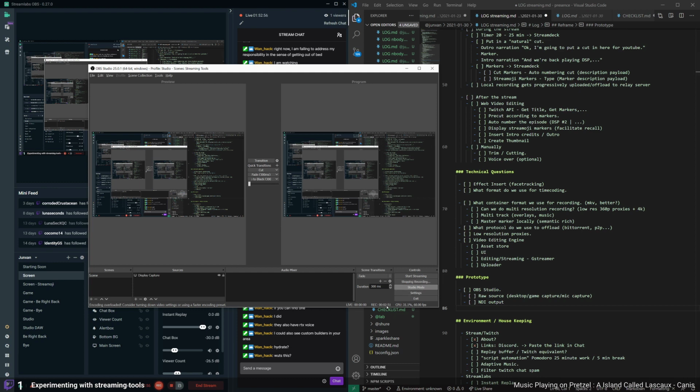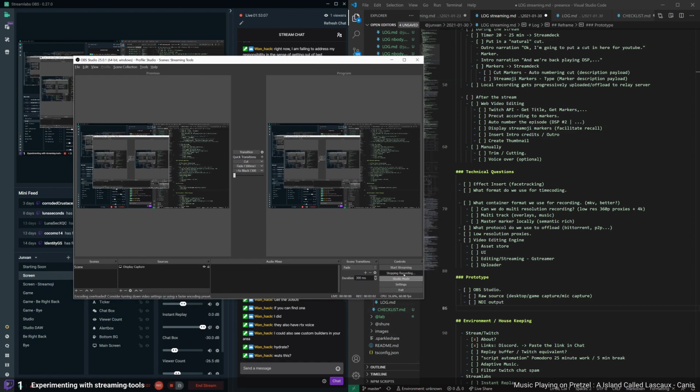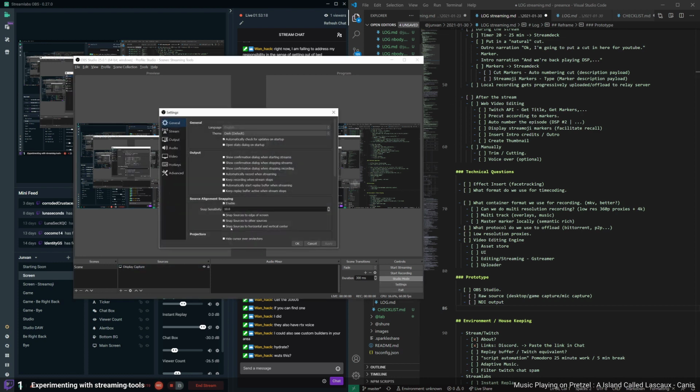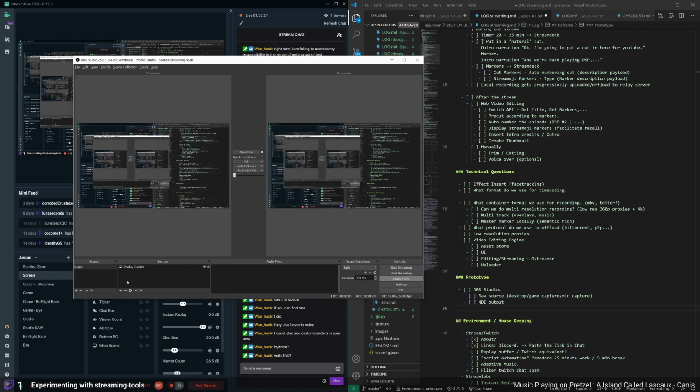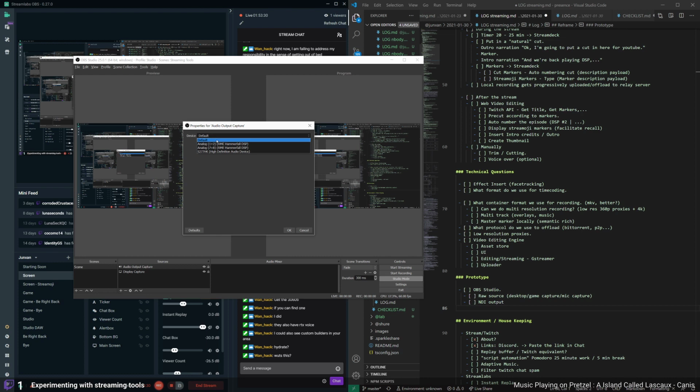Stopping the recording. Someday it will stop the recording. Ah, okay, it stopped the recording. I don't know why I had to click twice, or maybe I didn't. It was just a weirdness. And so let's go back to settings and let's try a few things. Now, first let's get desktop audio, and that would be audio output capture, and it would be 7.8, I think,